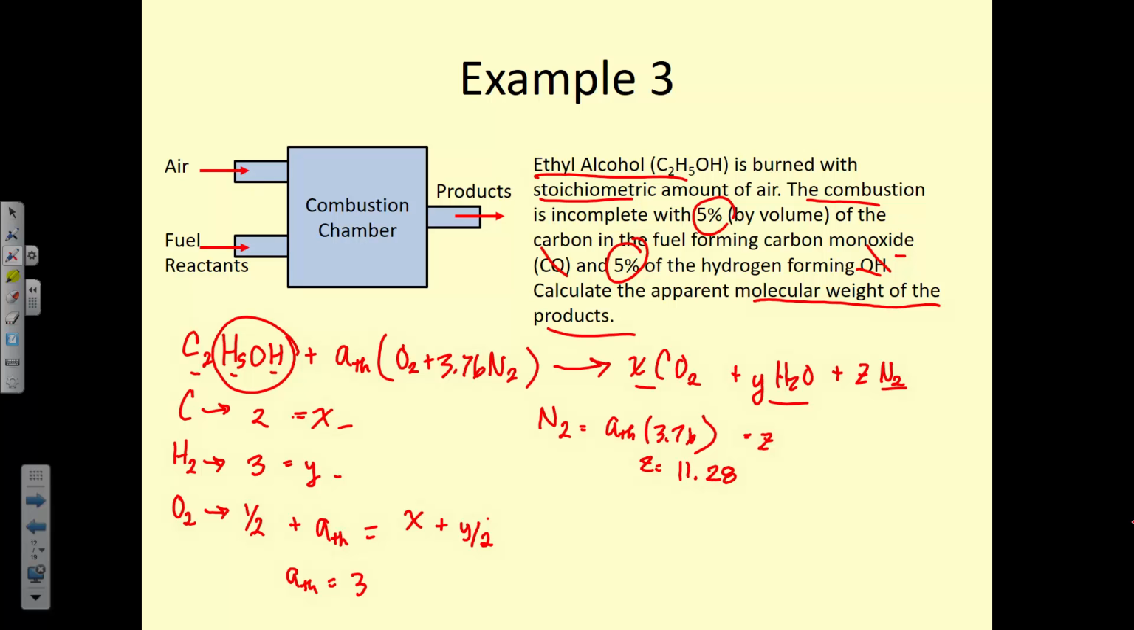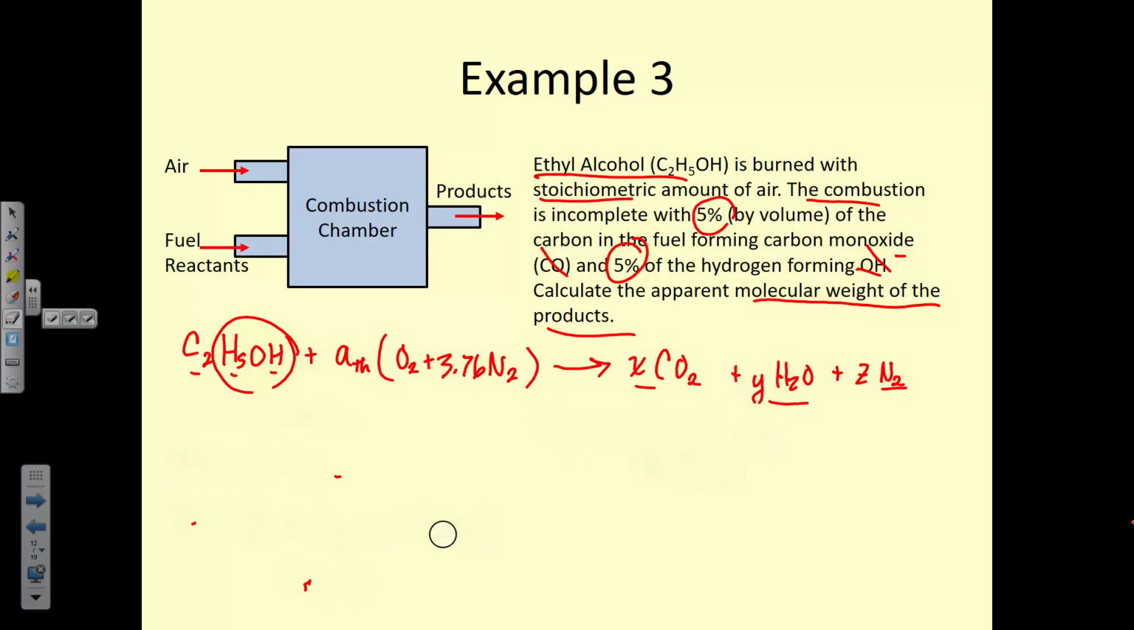Okay, so we've determined the coefficients that go in front of this equation for the complete combustion. Now we're going to look at it when it's incomplete combustion. To do that, we use those same coefficients, but we just do a little bit of manipulation on the other side of the equation. So we still have C2H5OH plus A theoretical, which is 3, times O2 plus 3.76 N2